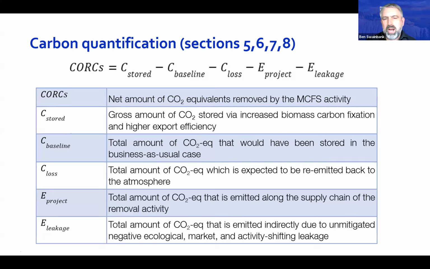And then subtracting from that will be a number of different factors from this gross total of carbon sequestered. The first of those will be the baseline measurement. The baseline reflects what would have happened without this project intervention. And there are two key components to this baseline estimation. One is how much biological production would have occurred within the project area if the project had not occurred, how much microalgae would have grown or other life would have grown without the project, and that the project developer doesn't deserve credit for.